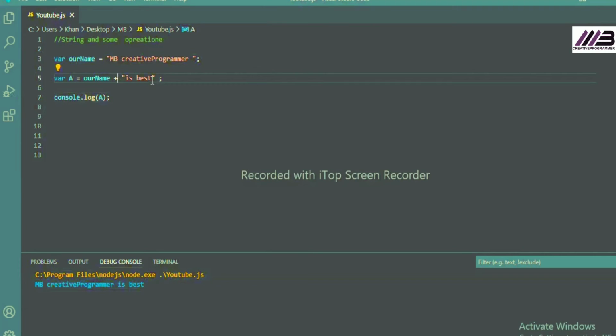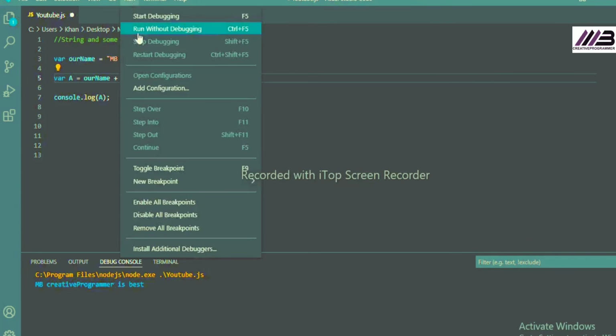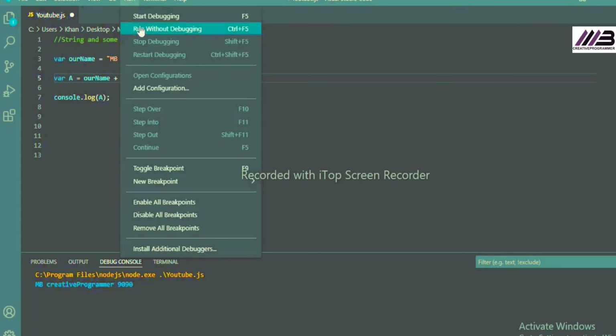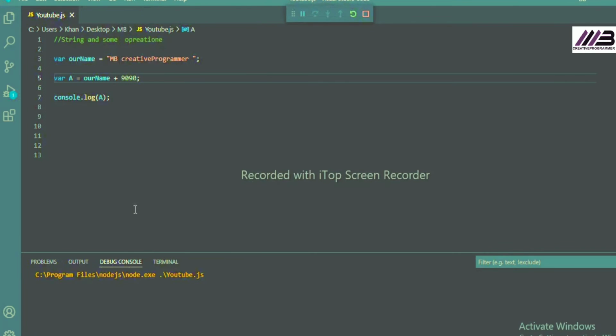You can concatenate a number with it too. Now we will write some number like 9090, but this is also considered a string, because anything that is in between two quotations will be considered a string. So now we have to concatenate this string with the number. It can be concatenated with the number 2, and now just take the output. This would be